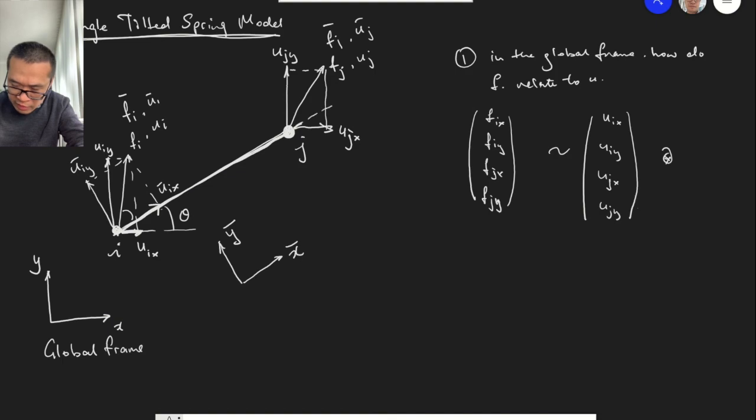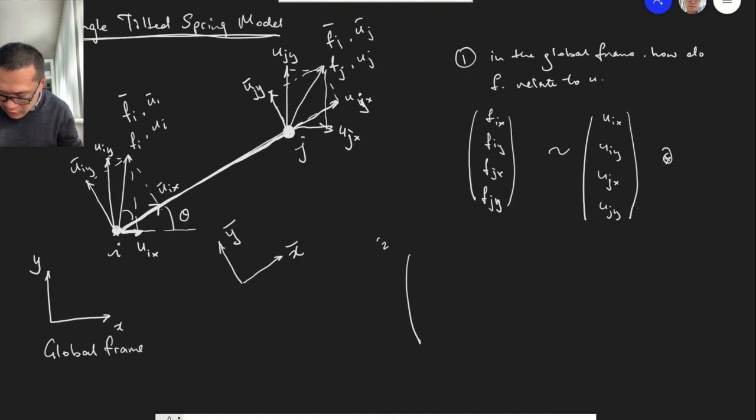And similarly, I will have this component UJx bar and UJy bar. So in the internal frame,